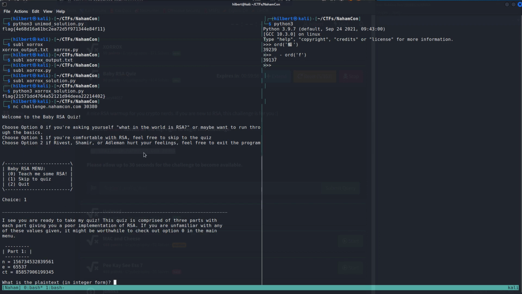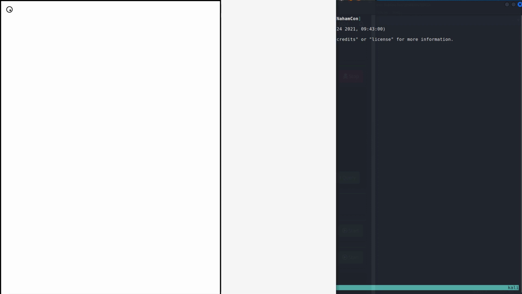So, cliff notes on part 1. Basically, the way RSA works, if you can ever factor n and get the primes it's made of, P and Q, then you can break the encryption. So if this number is small, we can factor it, we get P and Q, and that's how you do it. To go over it a little bit, if you're completely unfamiliar with RSA, you have a public key